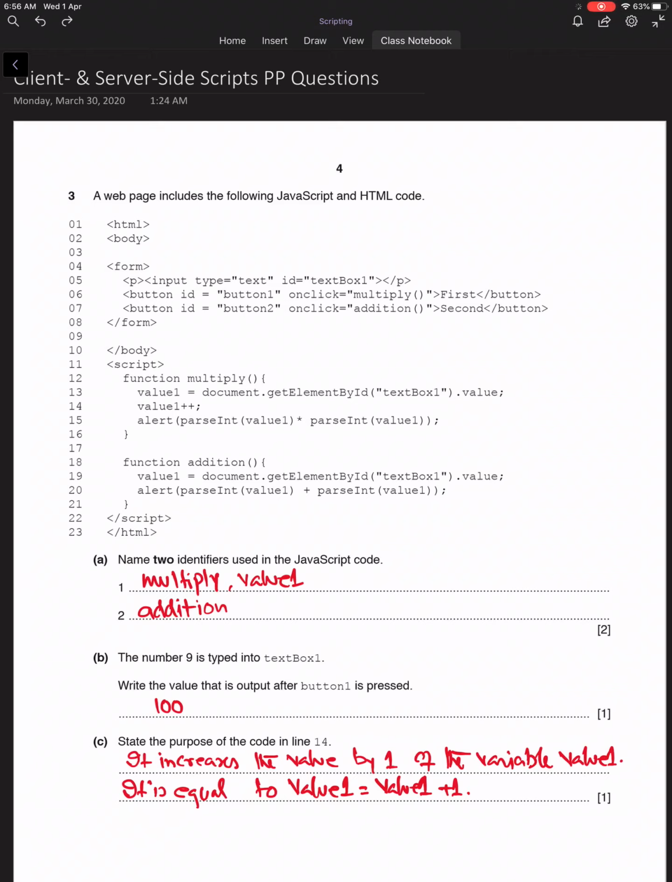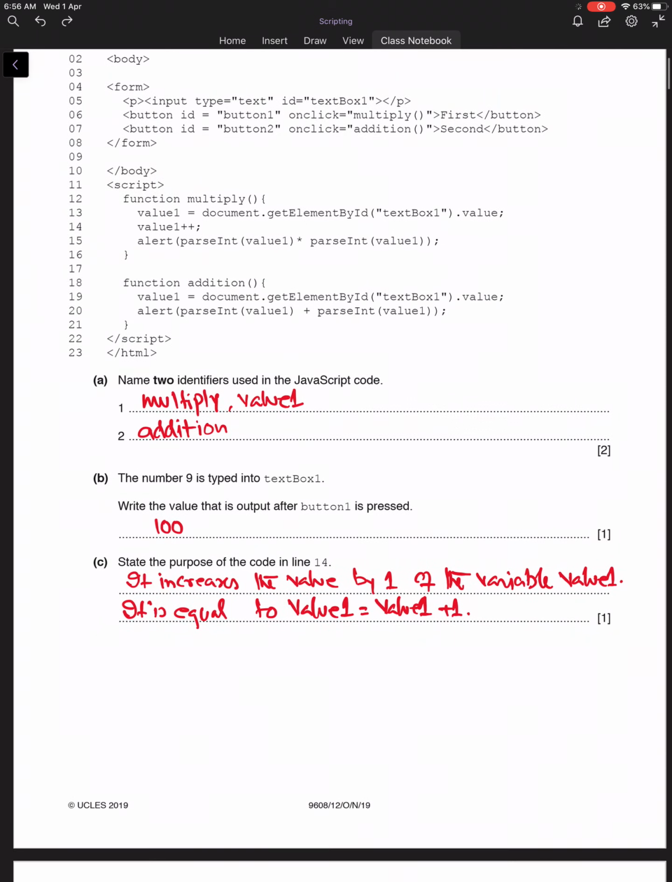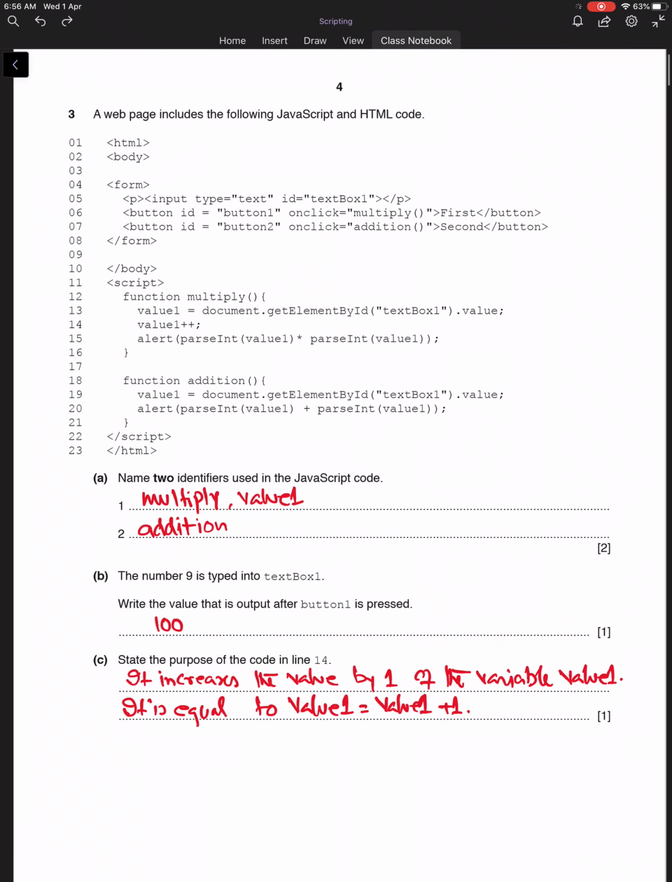Now, second lecture, client and server scripts past paper questions. This is October November 19 P12. We will solve all questions latest to oldest order. In this particular question, you can see that there is a HTML form over here which is actually asking for